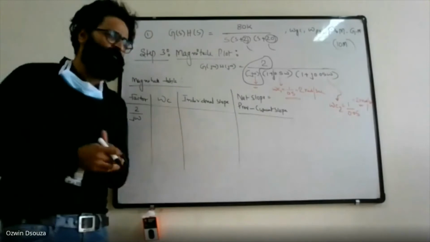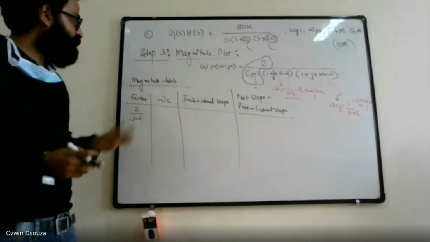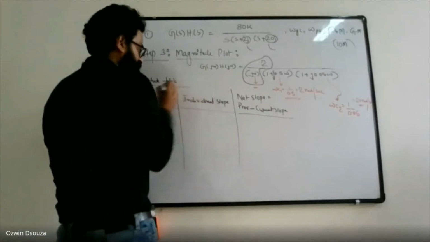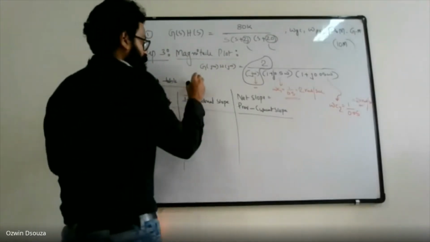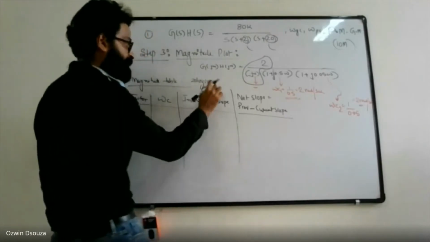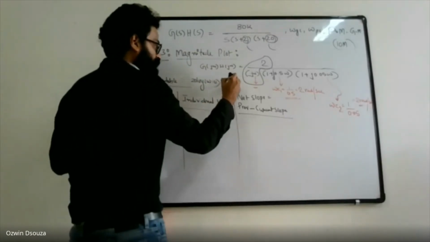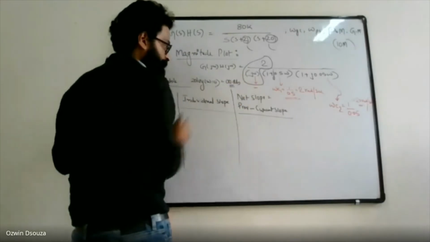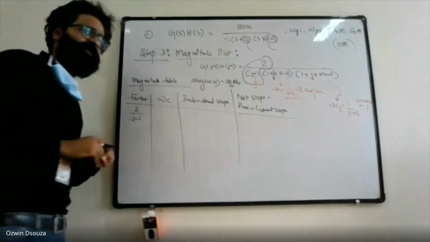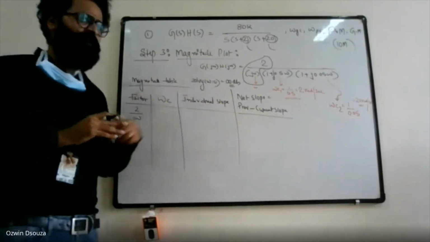But we have a problem here. What are we finding out? We are finding out magnitude. Now, while finding out the magnitude, especially decibel magnitude, when we take 20 log omega, and if we substitute omega equal to 0, we get infinite dB. So you will not be able to evaluate the gain at origin. So to come out of this infinite decibel problem,